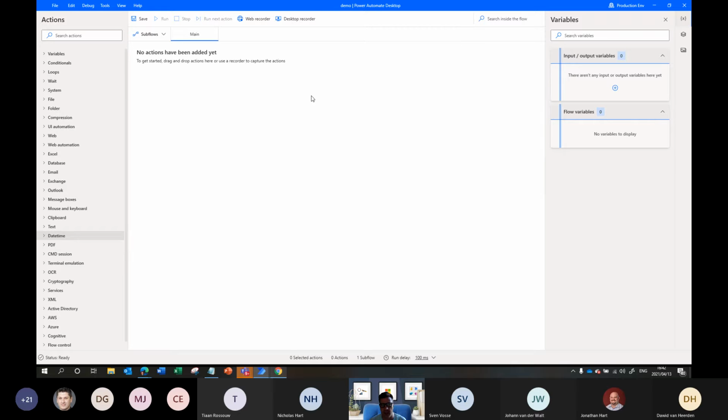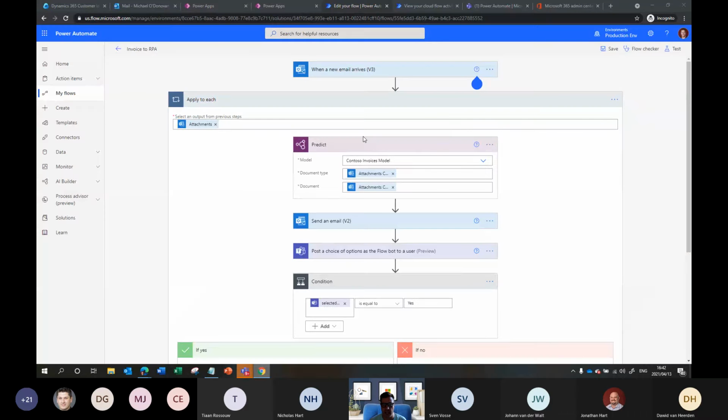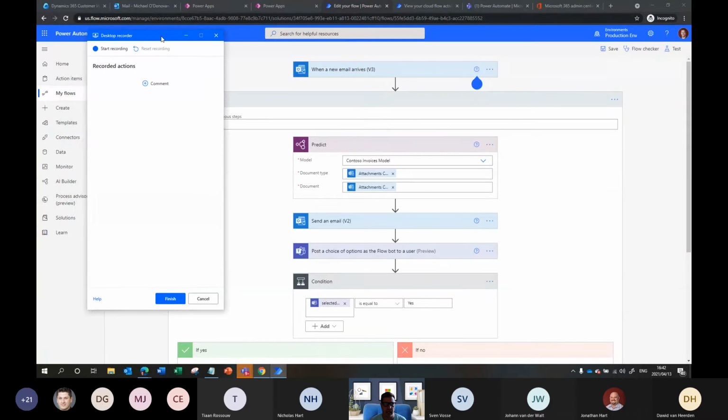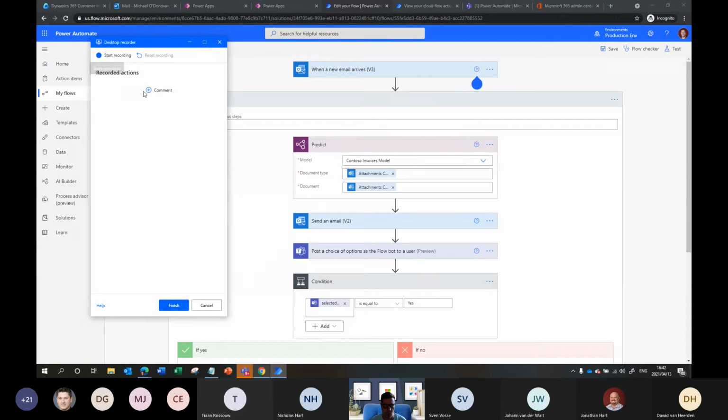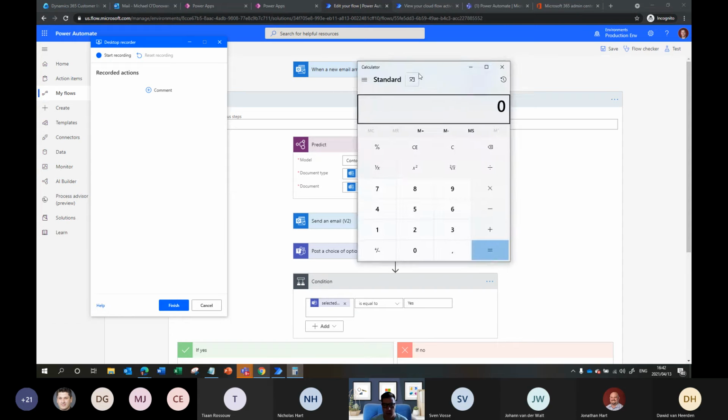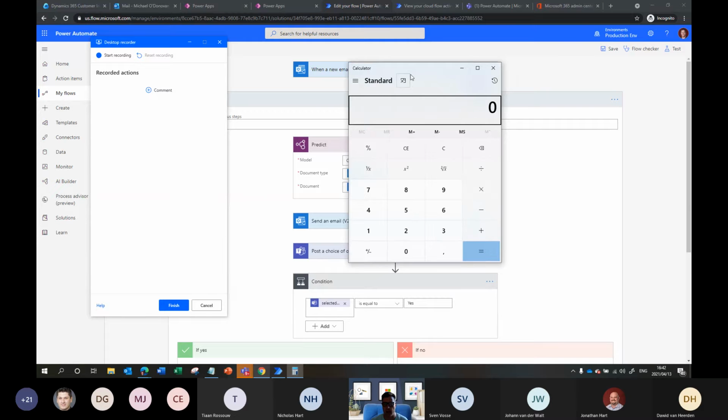But anyway, let me start off by doing the desktop recorder. Earlier on, you saw the web recorder. If I do the desktop recorder, once again the recorder launches. I haven't started recording yet. The one that we always demo, as a basic understanding, is the Microsoft calculator.